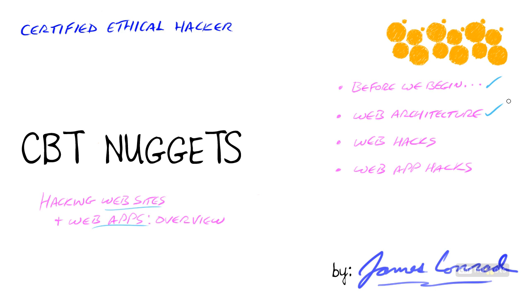Here we started with the web architecture so that you could have a better understanding of how some of these web hacks and application hacks actually work. The web hacks that we can use are actually sometimes alarmingly simple. It might just be using an escape attack or something like that. Pretty easy. But there's also web application hacks, which could be more complex, but which are nevertheless just as effective. And then in the next nugget, we'll take a look at the